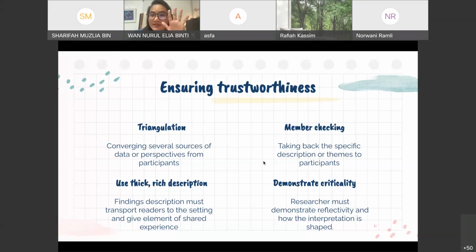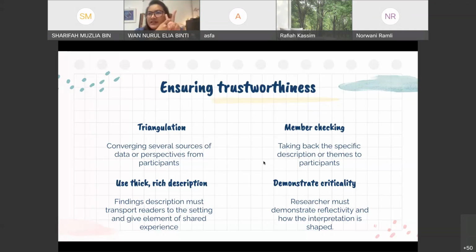And you have 5 participants. Interview saja, and you interview sekali je. That is very dangerous because you don't have any other form to confirm what you have found from the interview. So I would recommend you to have more than one way of collecting your data. The more sources you have, you can actually check, okay, I found this in my interview. Oh, the observation confirmed what I found in the interview.